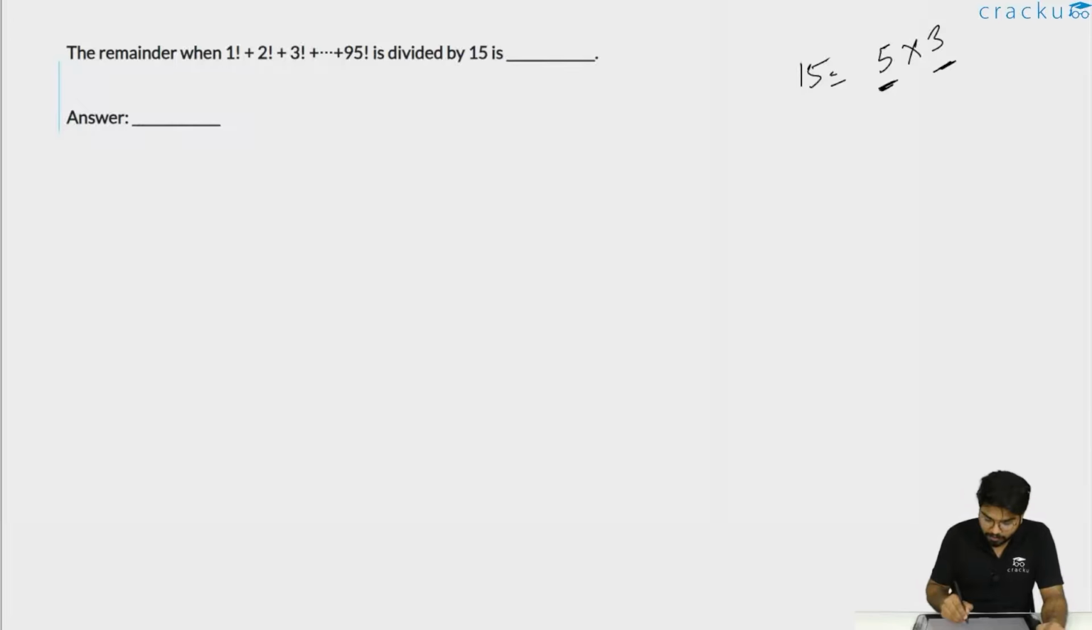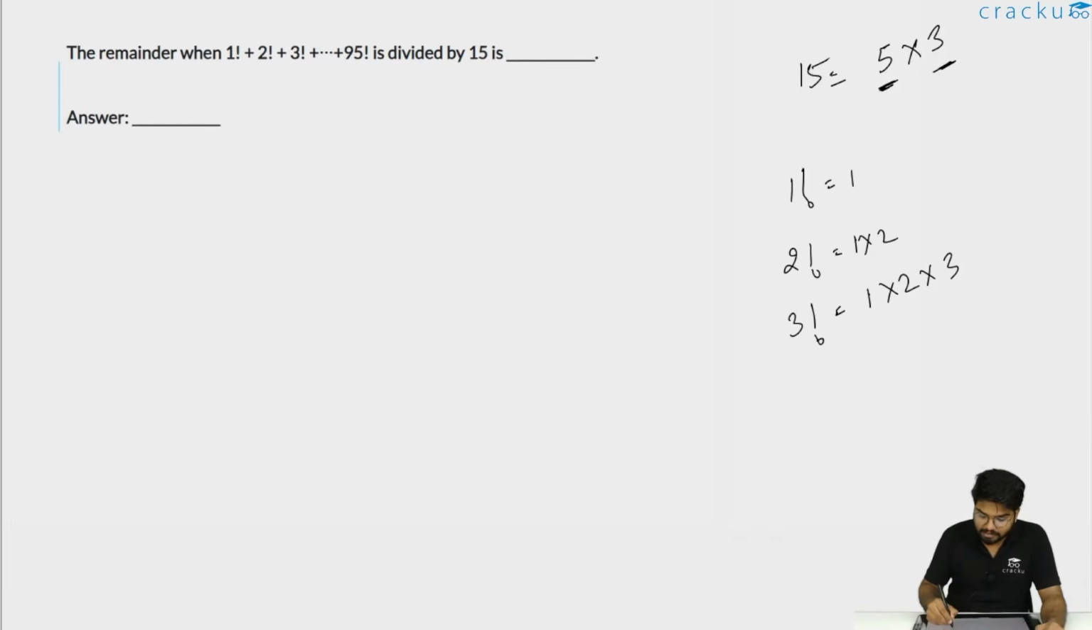and 3. Now 1 factorial is 1 only, which is not divisible by 15. 2 factorial is again 1 into 2, not divisible by 15. 3 factorial is 1 into 2 into 3, that is equal to 6, again not divisible by 15. 4 factorial is 1 into 2 into 3 into 4, that is 24. Now in this we have a multiple of 3, but we don't have a multiple of 5. We need a multiple of 3 as well as a 5 for the number to be